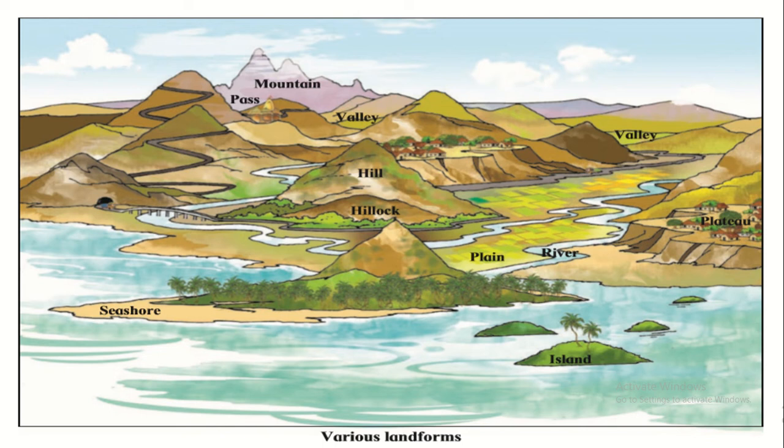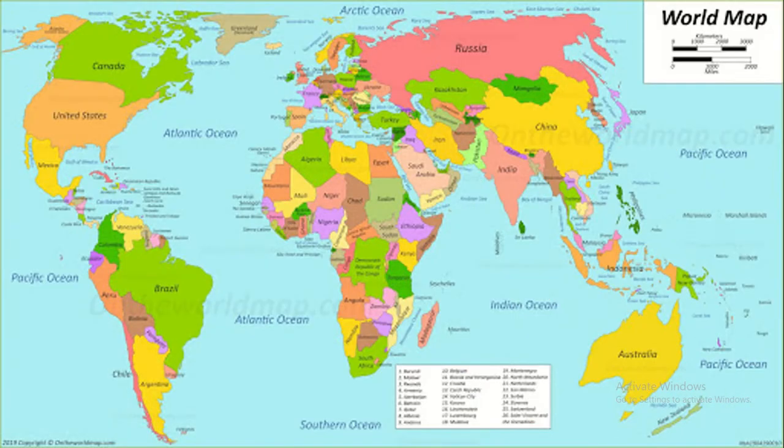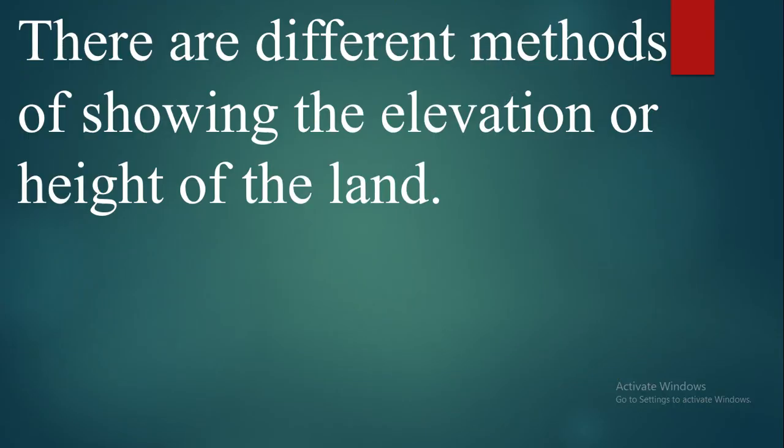So, for proper understanding of our environment, it is really necessary for us to study the physical or the natural setup of the land. Man has felt the need for making and using maps since ancient times. At that time, maps were mainly used in wars, in working out strategies for defeating the enemy. So, taking that into account, the differences in height, slope, shape, etc., of various landforms can be shown on a map. There are different methods of showing landforms on a map.